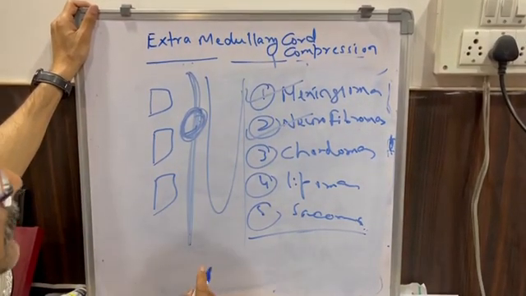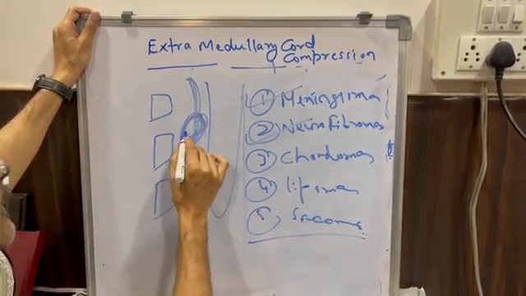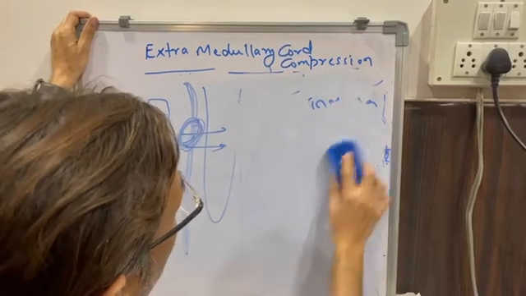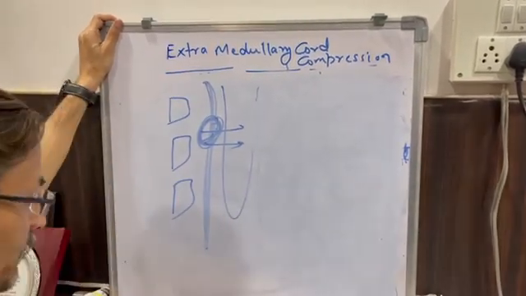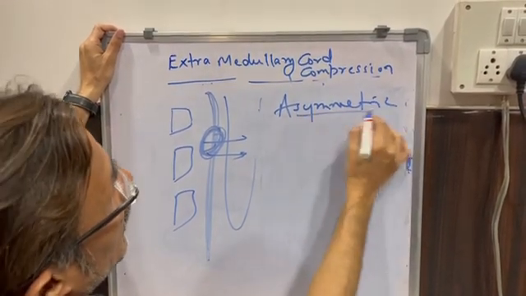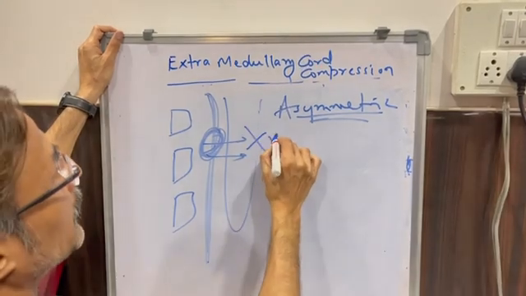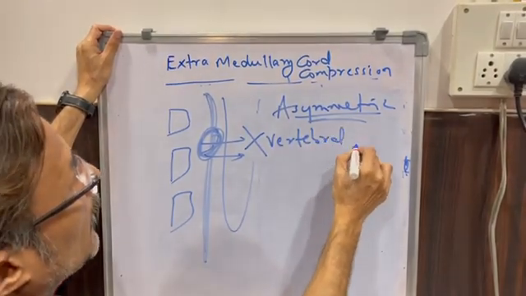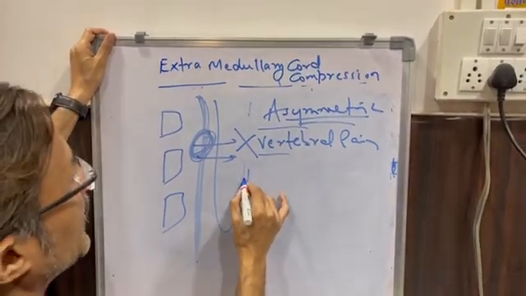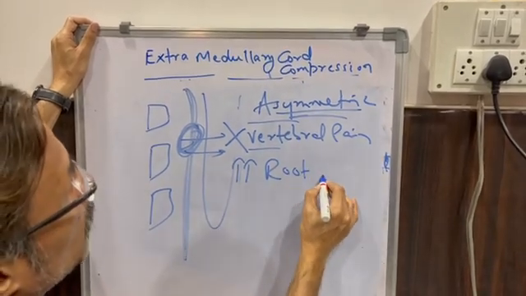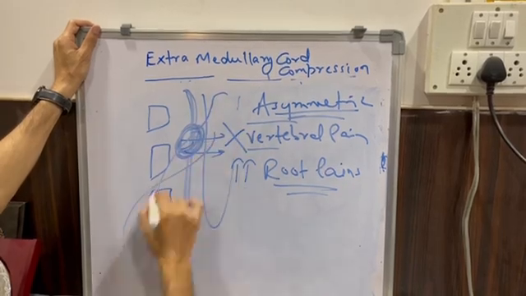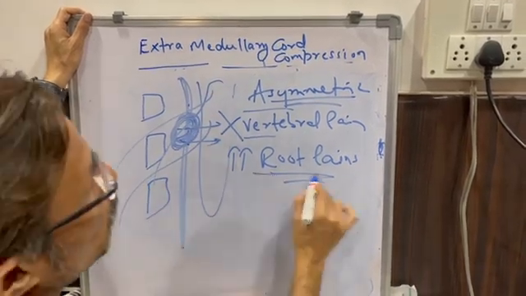Now this is the tumor. Now the same thing is happening. Vertebra is spared. It is again compressing like this. So the classical presentation of extramedullary intradural cord compression are, they are asymmetric. There is no vertebral pain. Vertebral pain is not there because vertebra is spared. But yes, there is heightened root pain. Root pains are heightened because again you can see spinal roots are coming out. So they will compress the root and root pain is overwhelming.